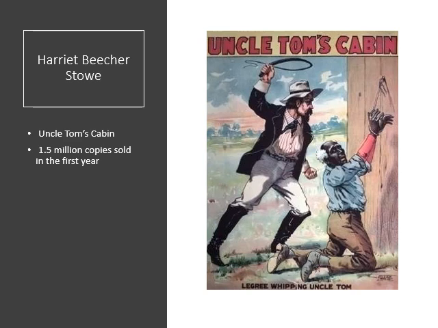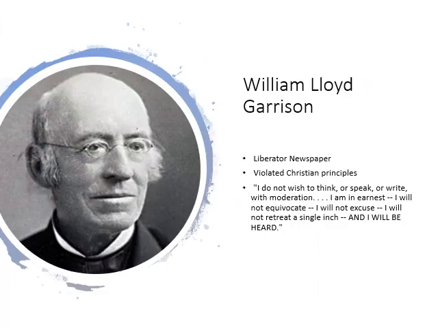Probably the most famous work of abolitionist propaganda, of abolitionist ideas, was the book Uncle Tom's Cabin, which was published in 1852. It was written by Harriet Beecher Stowe, who was from Connecticut, and it sold 1.5 million copies in its first year. It basically told the story of an oppressed slave and illustrated what was happening to these people in the South. So this really spread the abolitionist idea throughout the country. In a lot of ways, it can be looked at as a book that helped lay the groundwork for the Civil War.